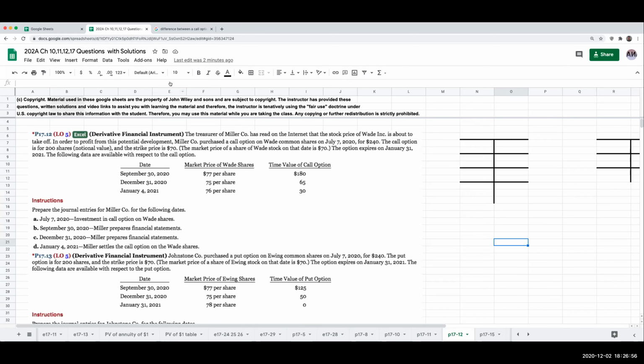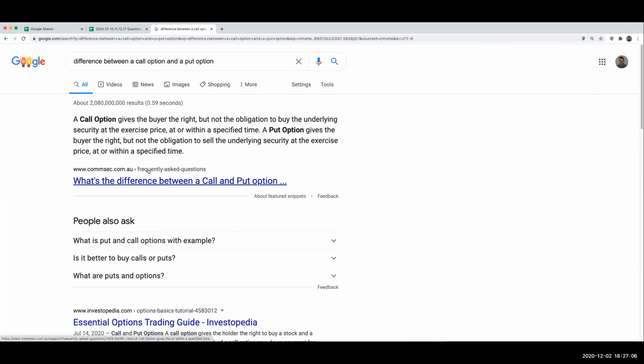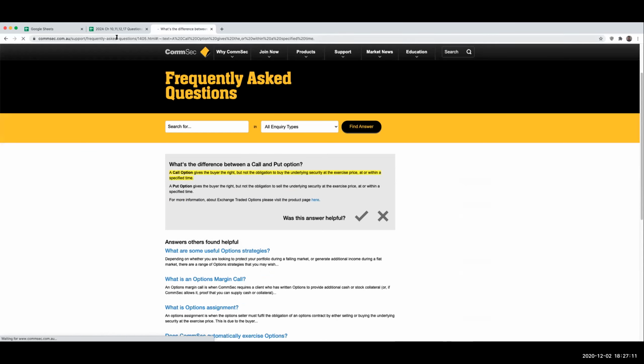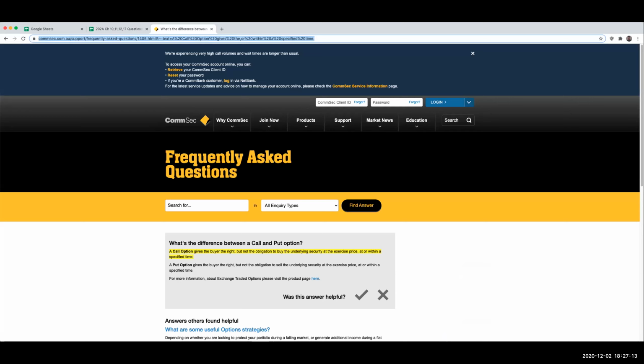The first thing I want to talk about, though, is the difference between a call option versus a put option. So right over here, the call option gives the buyer the right, but not the obligation, to buy the underlying security at the exercise price or within a